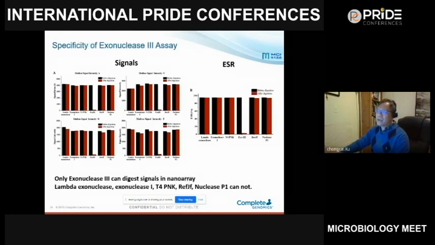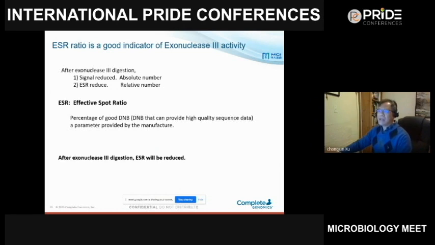Furthermore, we found out that this X3 cleavage is fairly specific. If we use lambda DNA, lambda exonuclease 1, T4 PNK, exonuclease P1, all of the others, the before-cleavage and after-cleavage are the same, but only exonuclease 3 is fairly specific. After cleavage the signal goes much lower. We like the other parameters because intensity is good, but it is an absolute number,